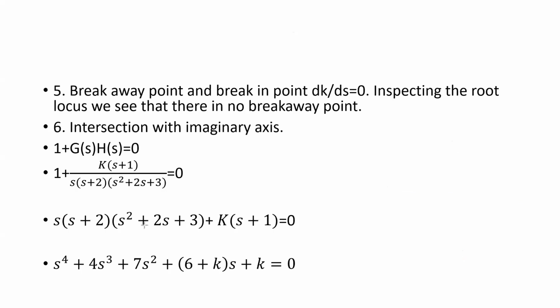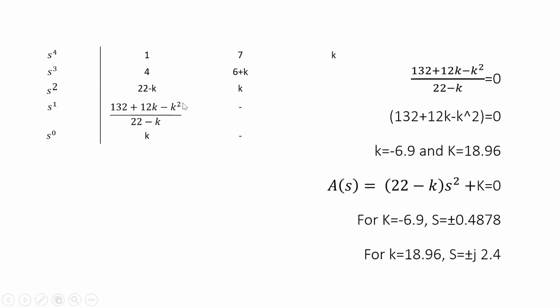So now for that, we have to find the K margin. Remember how we found it: we have to use the Routh array. From the Routh array, we have to consider the last row. What is the condition for the system to be stable? The values in this column should always be 0 or greater than 0. 0 means it is marginally stable, or it should be greater than 0. It should not be less than 0.